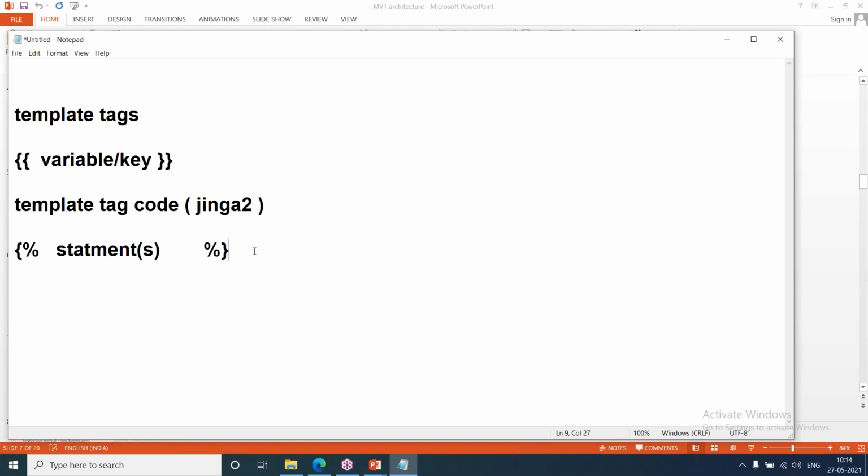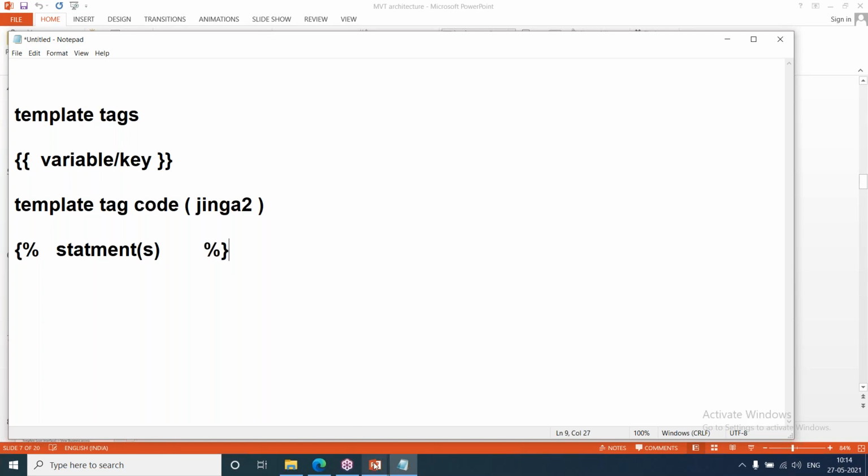In template tag coding, we can access HTML files, CSS files, image files, media files, audio and video files, and we can use if conditions and for loops, to access the records from the database table, sending the records to the database table. So sending data to the server and accessing the data, all these are used. About template tags and template tag coding, we'll see many examples. Without this, we cannot create dynamic pages. So I think all are following what I'm saying here.